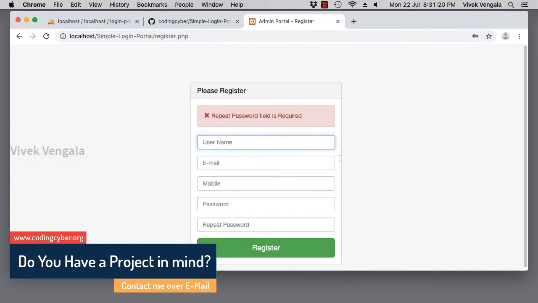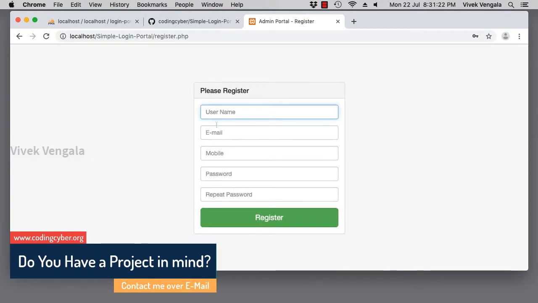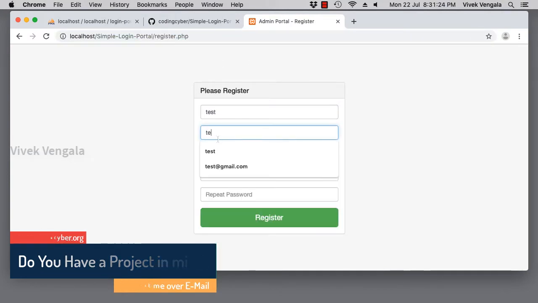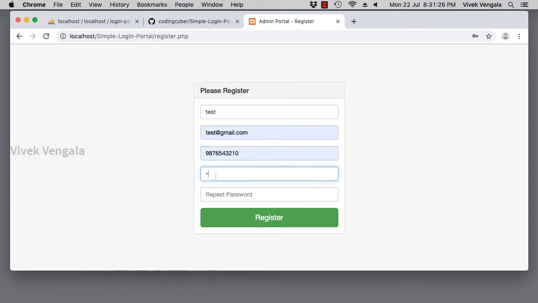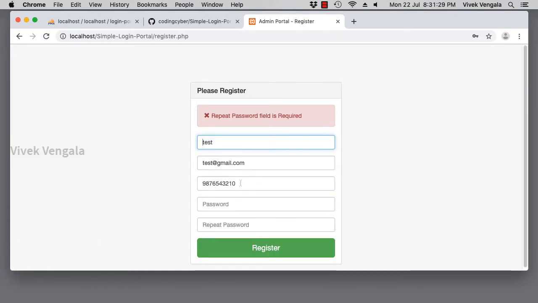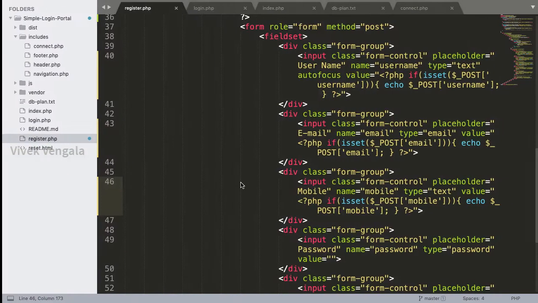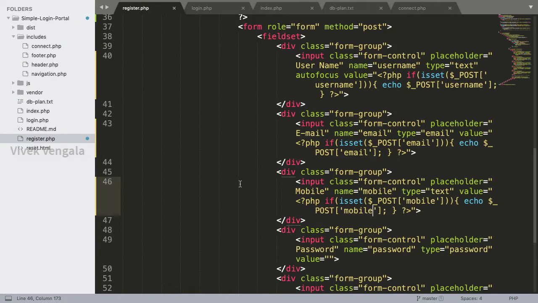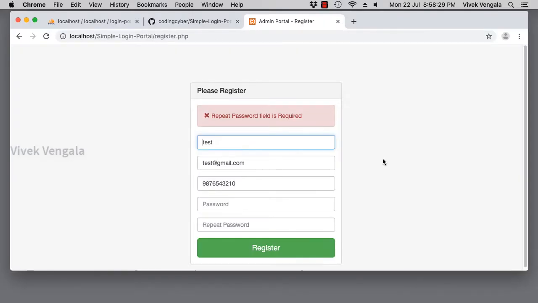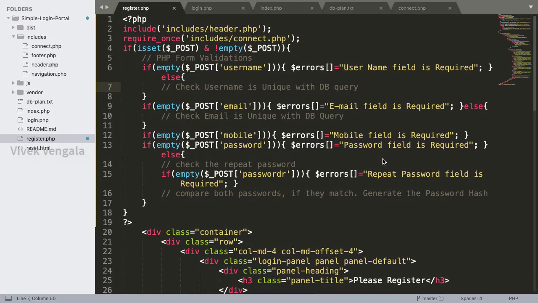That's it. Now if I submit the form and if any errors exist, I should see these values: username, email, mobile and password, without the repeat password. Here you can see these are the values in the form. So we just added one more functionality to our registration system. Next I am going to work on